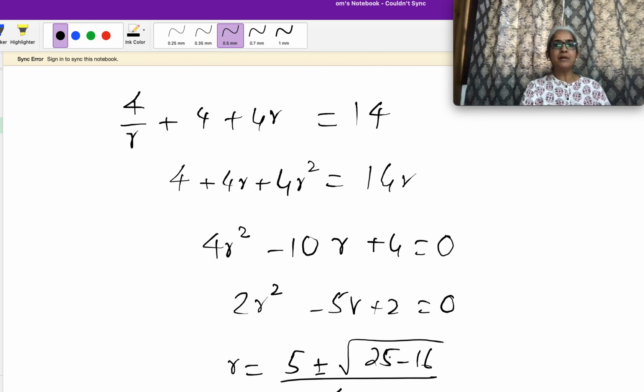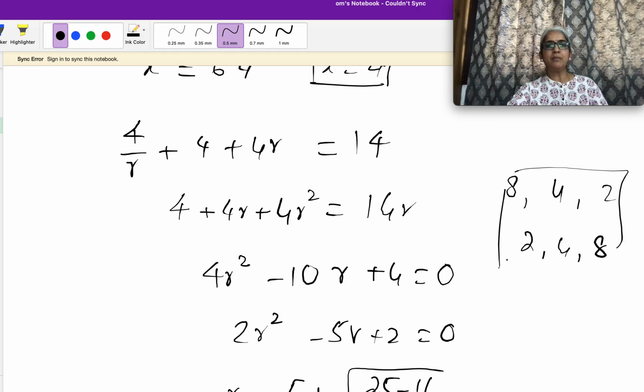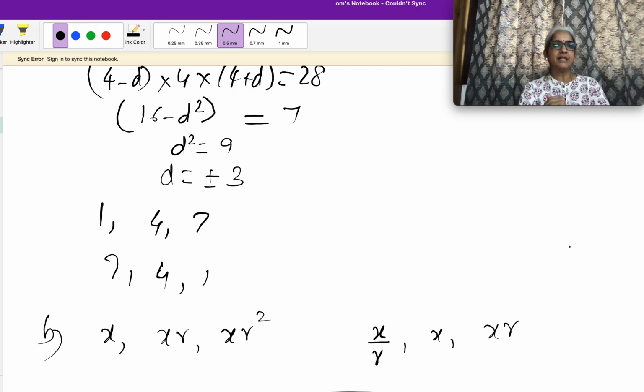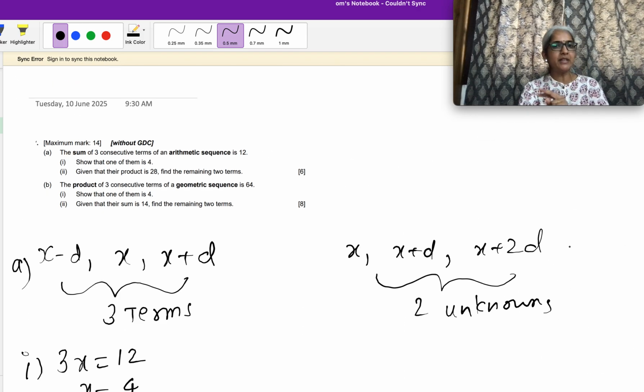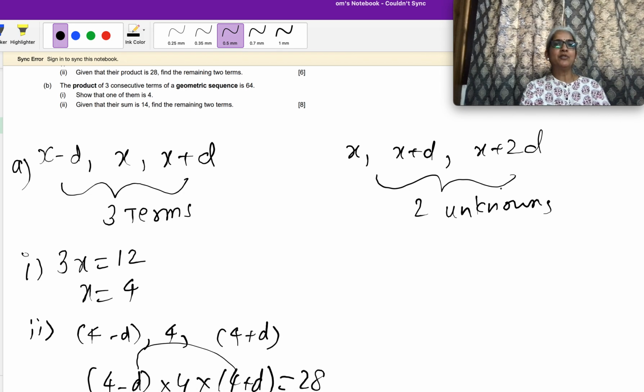That means the numbers could either be 8, 4, 2 or 2, 4, 8. Doesn't matter, depending on the ratio. If the ratio is 2, then it is going in increasing order. If it is half, it is going in decreasing order. However, again, if you look at the question, it says find the other two terms. The other two terms are 2 and 8, irrespective of which order they are going in. And remember, this was a way of reminding us of arithmetic sequence having a common difference and geometric sequence having a common